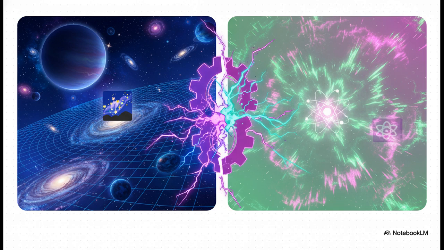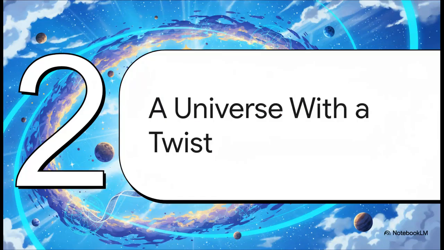See, we have these two powerhouse theories. General relativity, which is brilliant for describing the big stuff, planets, galaxies, the whole cosmic dance. And then we have quantum mechanics, which is perfect for the tiny stuff, atoms, particles, all the weird quantum fuzziness. The problem is, when you try to make them work together, they just break. They produce mathematical gibberish. That crazy cosmological constant is just the most obvious symptom of this epic clash of titans. So what if the problem isn't with the theories themselves? What if the problem is with our most basic assumption about the universe itself?